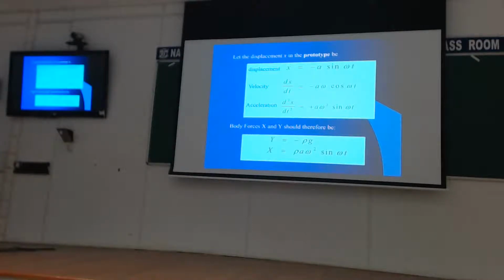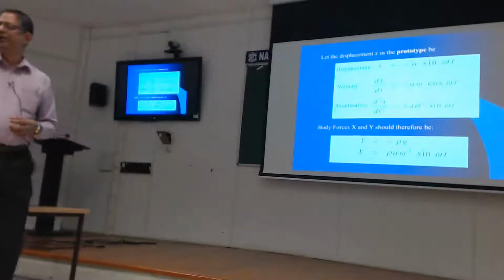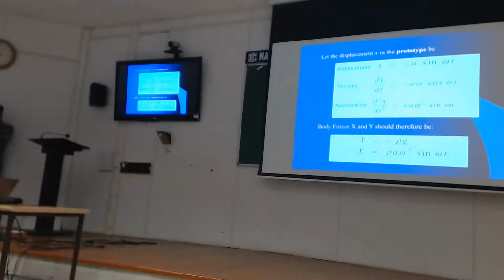What about body forces? The body forces in the y direction we already know. That's simply the density times gravity. And in the x direction, it should be mass times acceleration. So the mass is given by the mass density rho, and the acceleration is a omega squared sine omega t. So if I plug these back,